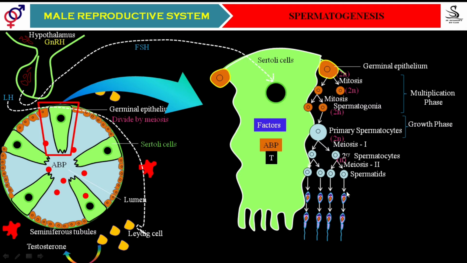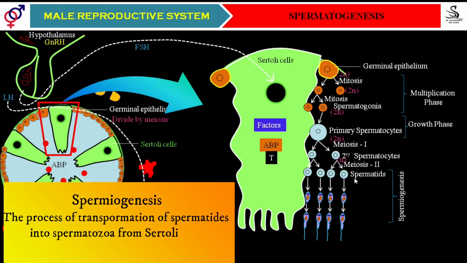And they need to go through the process. And after the process they have gone through, then and only then are they going to become sperms. They are going to get the tail, midpiece, head region, acrosome, all those things are going to form in the sperms. So the process of transforming the spermatids into the spermatozoa is called